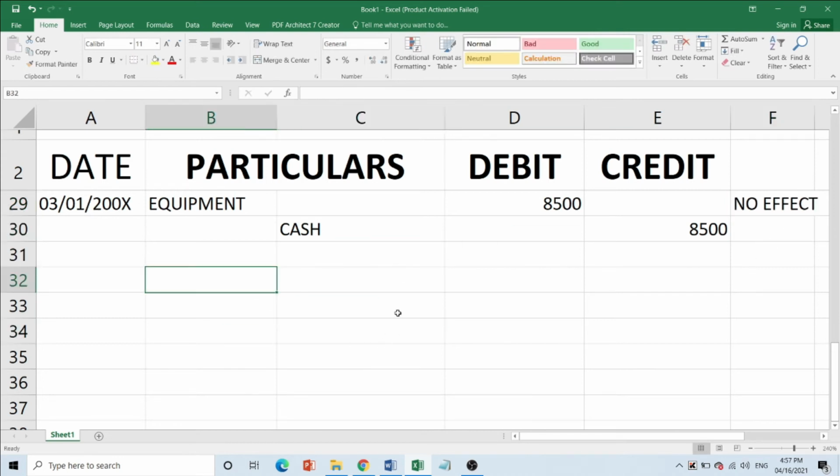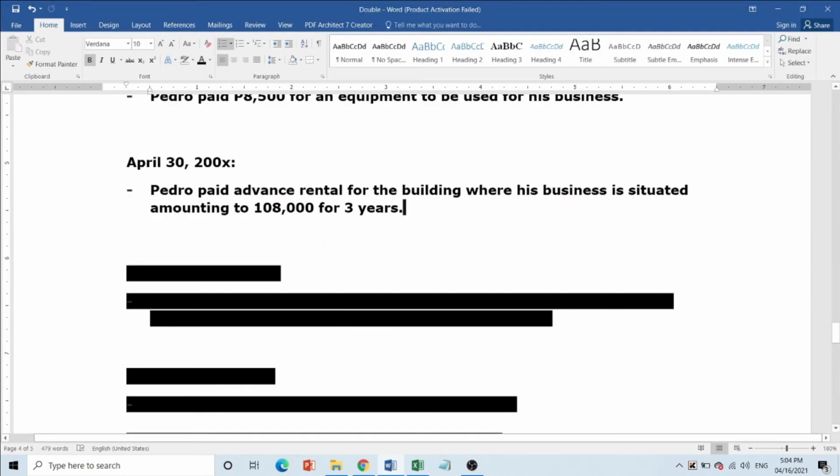Lagay na lang natin accounting equation. Assets equals liabilities plus equity. No effect po sa ating liabilities and equity since nandun lang ang effect sa asset. Increase in asset and decrease in asset, that is equivalent to a 0 effect. Okay, so next transaction po natin is on April 30, 2000X,